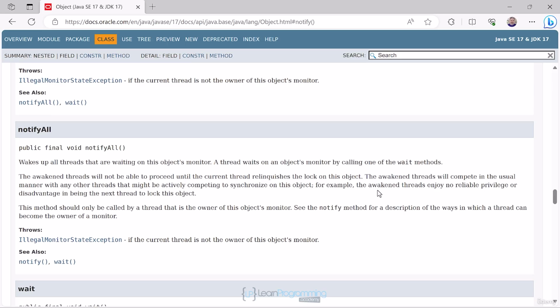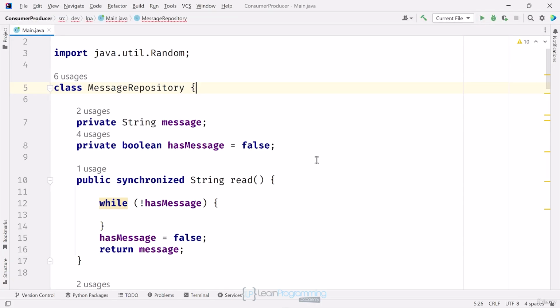And even though it wakes up all threads, they can't acquire the lock before the notifying thread releases the lock. Okay, now that we know in theory what these methods do, I'll apply them to my consumer producer example. Any code in a synchronized method that's sitting in a loop and waiting for something to change should be calling the wait method. This will suspend its synchronization claims on the object while the thread waits for some condition to